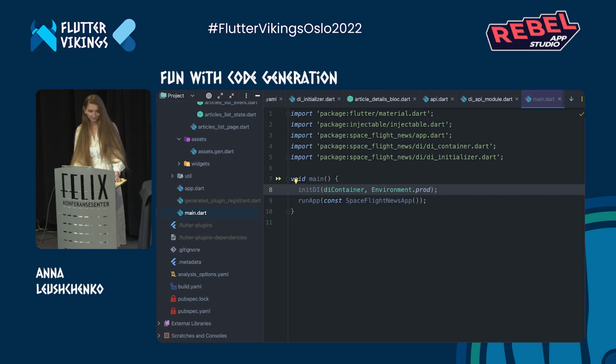Injectable is a very powerful tool with many ways of customizing registrations in getIt, including specifying factory constructors, dispose methods, asynchronous injectables, providing different implementations of the same abstractions, and registering third-party types. Check out the docs to learn even more.